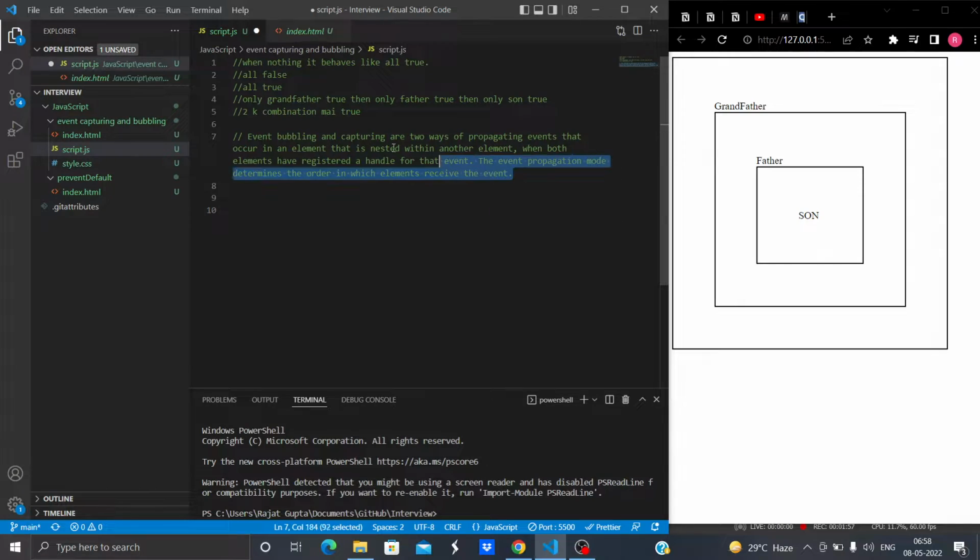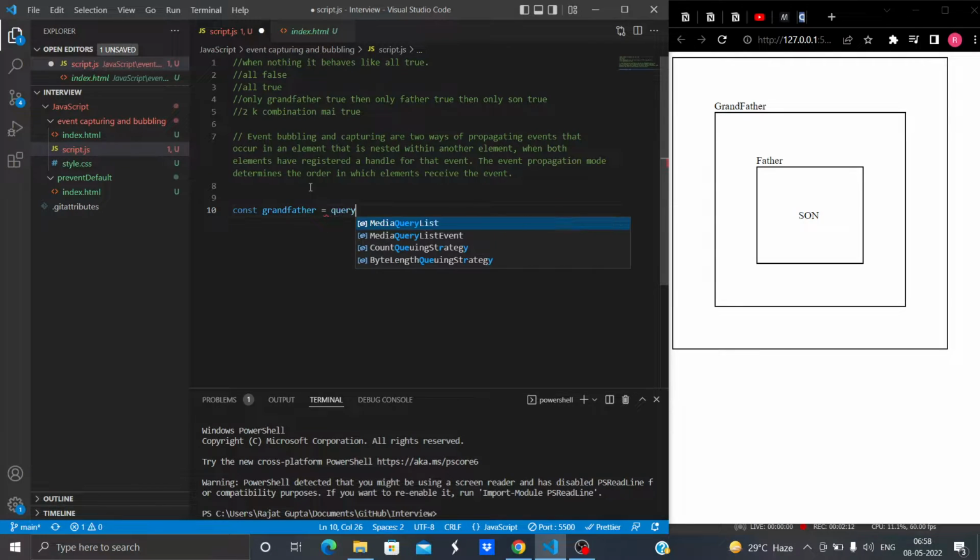Okay, ignore all of this till line 7 and focus on what I'm writing now. Let me just do it so you guys clearly understand what I'm saying. I'll say const grandfather, and let me select this element.